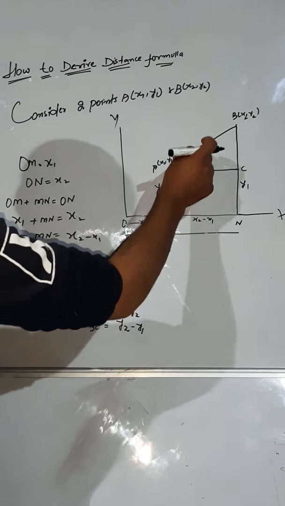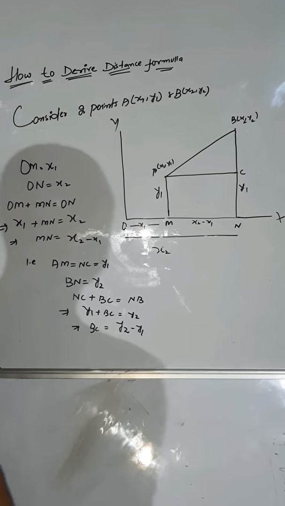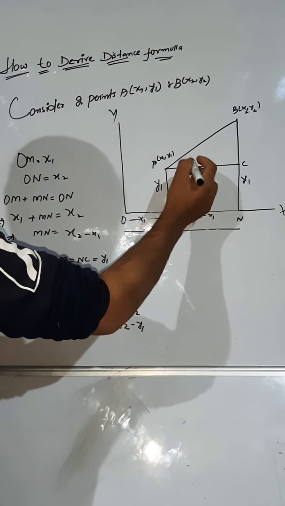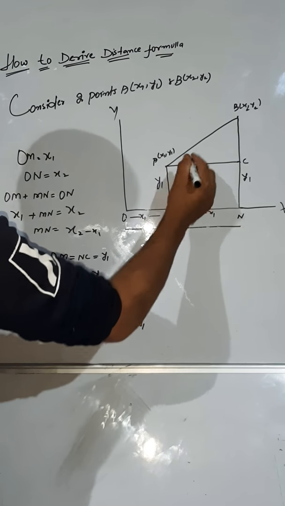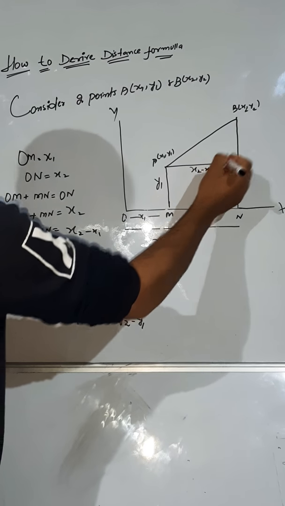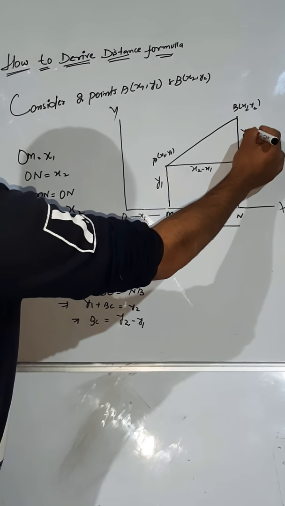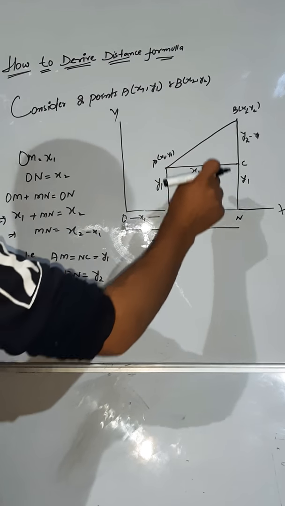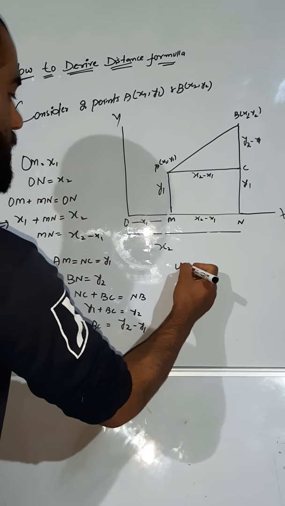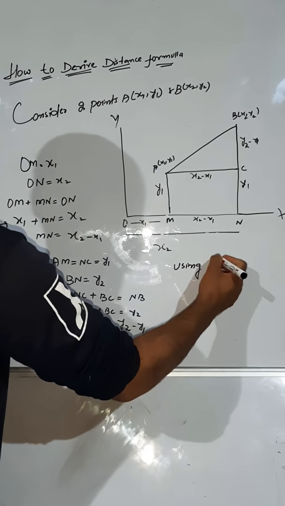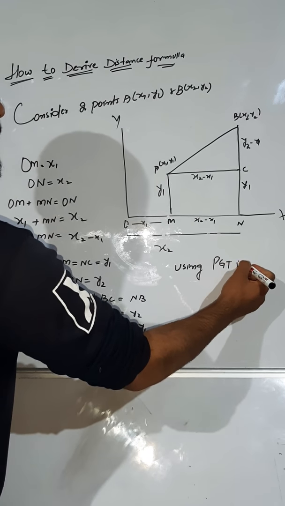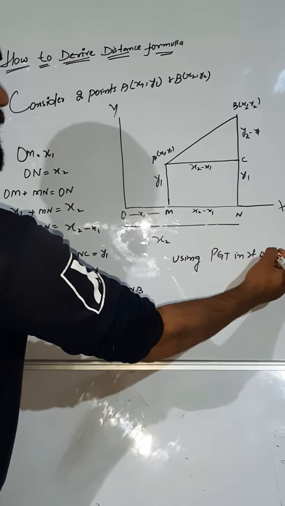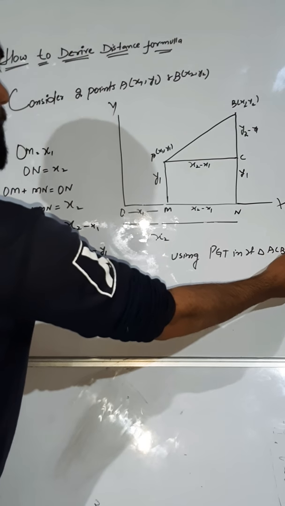Now this is a right angle triangle. In this right angle triangle, AC, which is equivalent to MN, is x2 minus x1, and BC we got is y2 minus y1. Now we will use the Pythagoras theorem in this right triangle ACB, we get